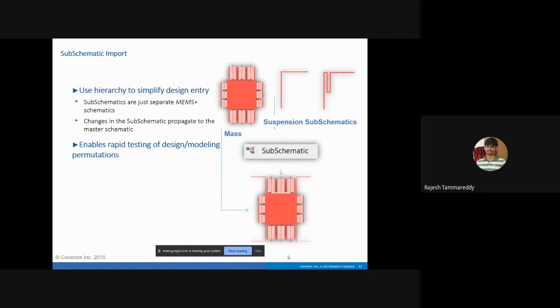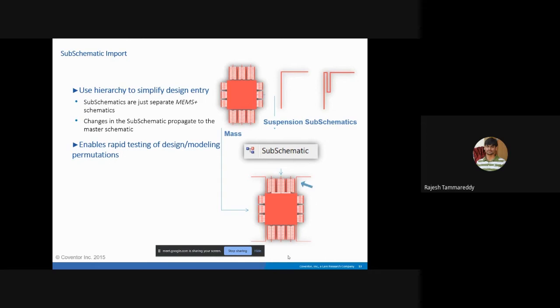Yeah. So the first suspension is taken as a hierarchy into the main schematic, that is the mass schematic, and connected to that model, and you run the simulation and you will get the result. Now, if I want to change the beam, I need not change the complete model or parameters here. I will just change the reference to the second schematic.